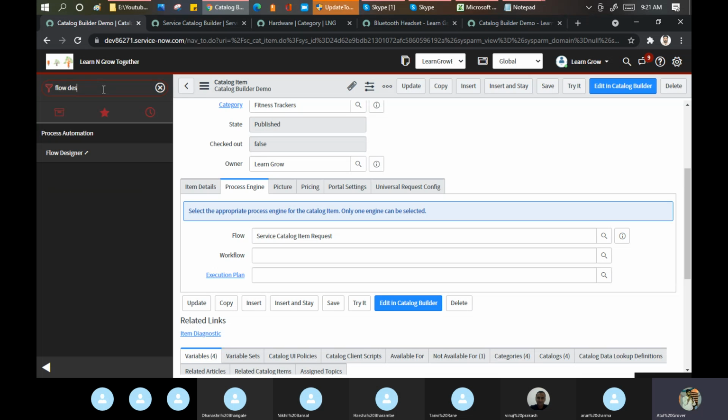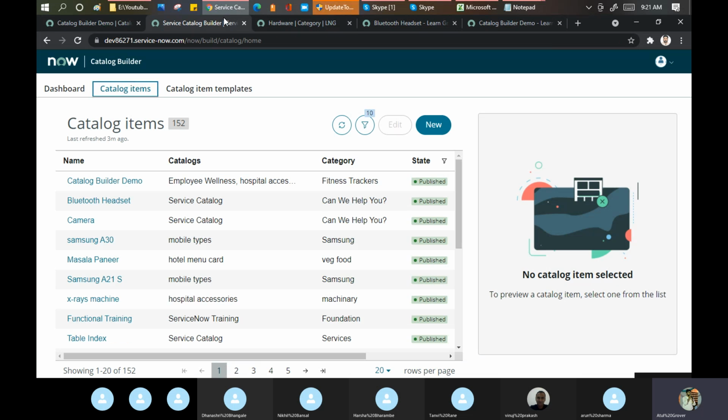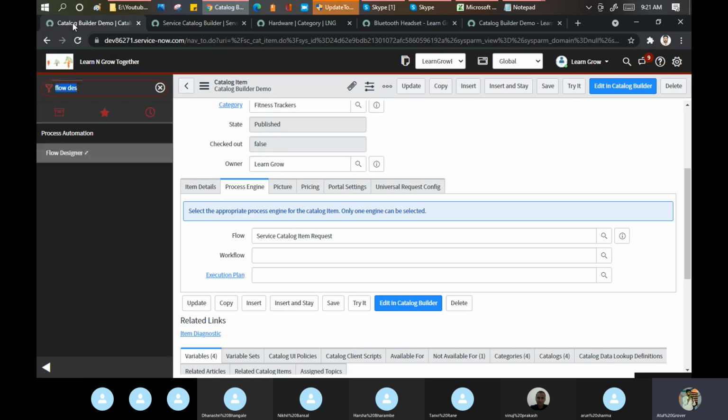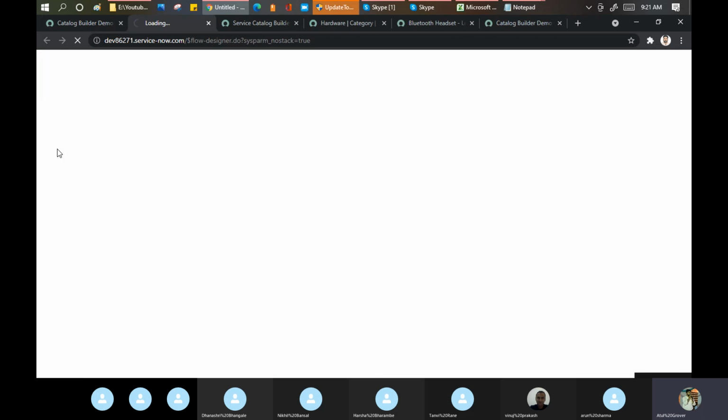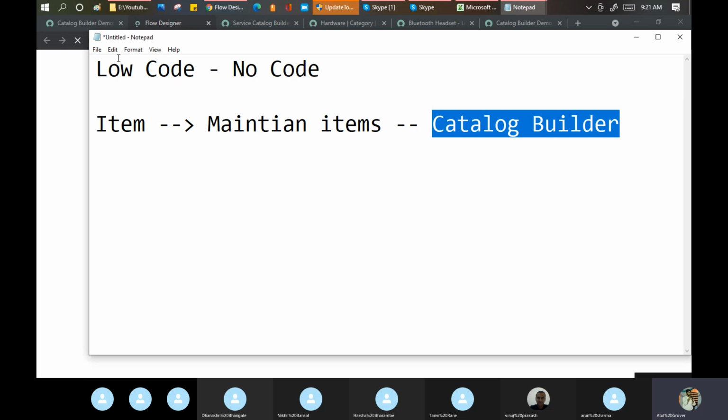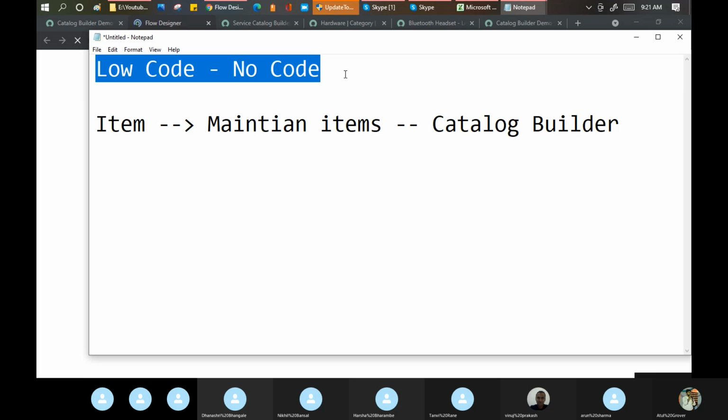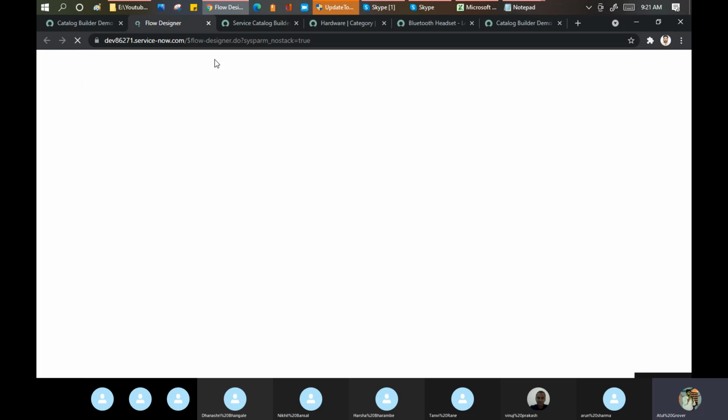Because I'm a consultant, I can design, but it is not possible for a consultant or the pre-sales guy to create a flow as well. So what does ServiceNow say? Don't worry, I will help you in that case as well, because they are using the fundamental low code or no code. In this case, minimum coding is required. Actually, there is no coding required, but when I open this, you can still see the points here.